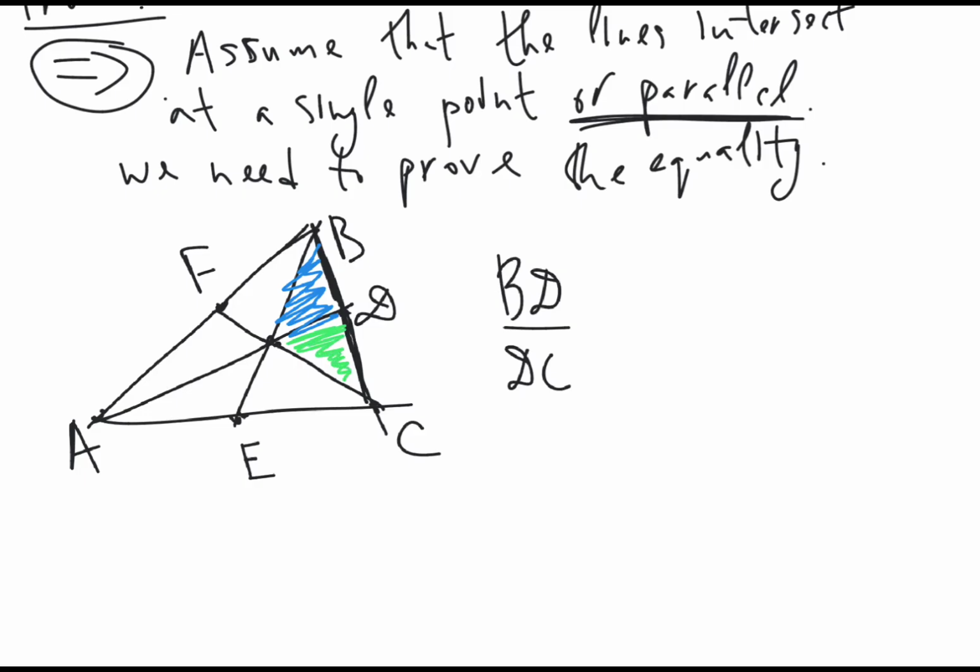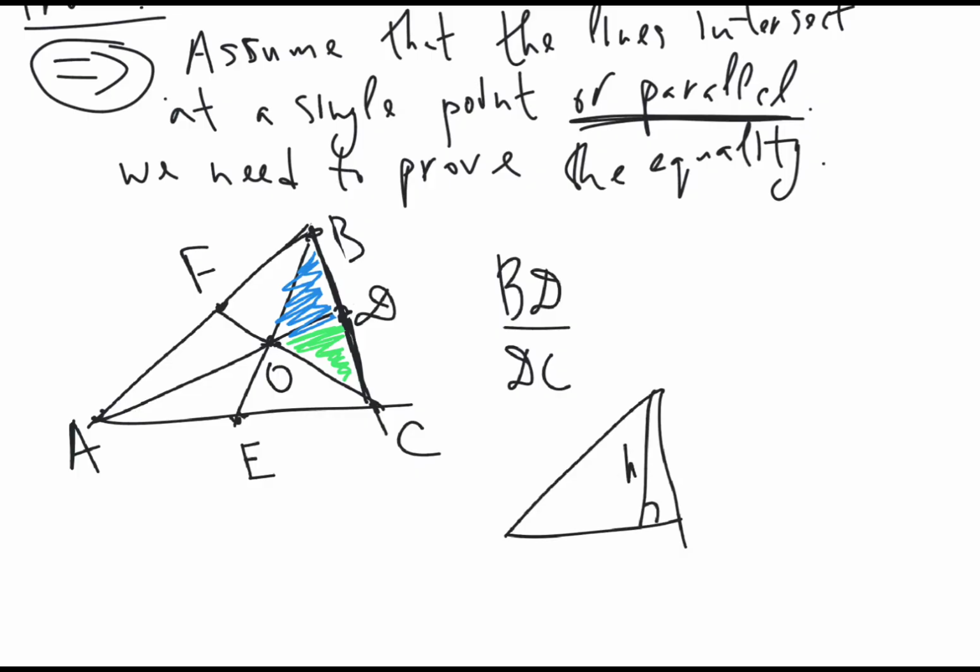So these two triangles, the sides BD and DC, they lie on the same line, and the vertex we will denote by O, and the opposite vertex is the same. So in this case, the ratio of the areas, because the area of a triangle, so like if we have a triangle,